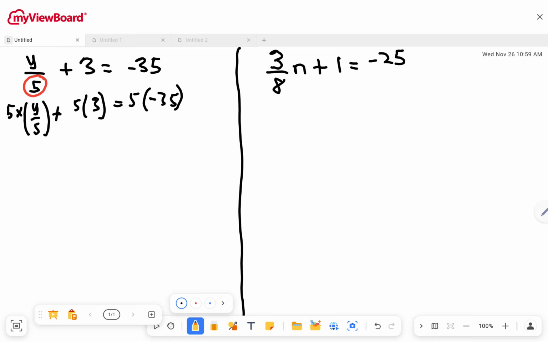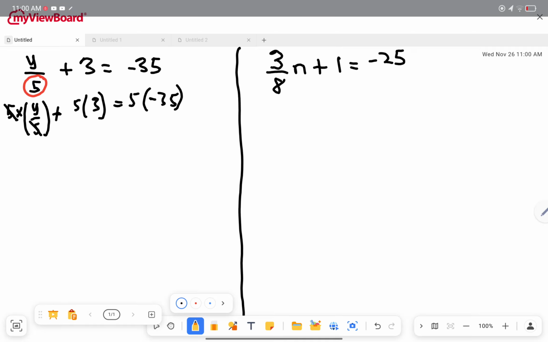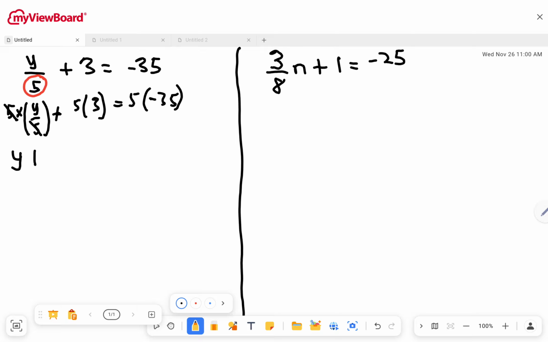Now, this 5 here is going to divide this 5. So we are going to have y plus 3 times 5, which is this one. 5 here times the 3 here is going to give us 15. Is equals to, now we have 35